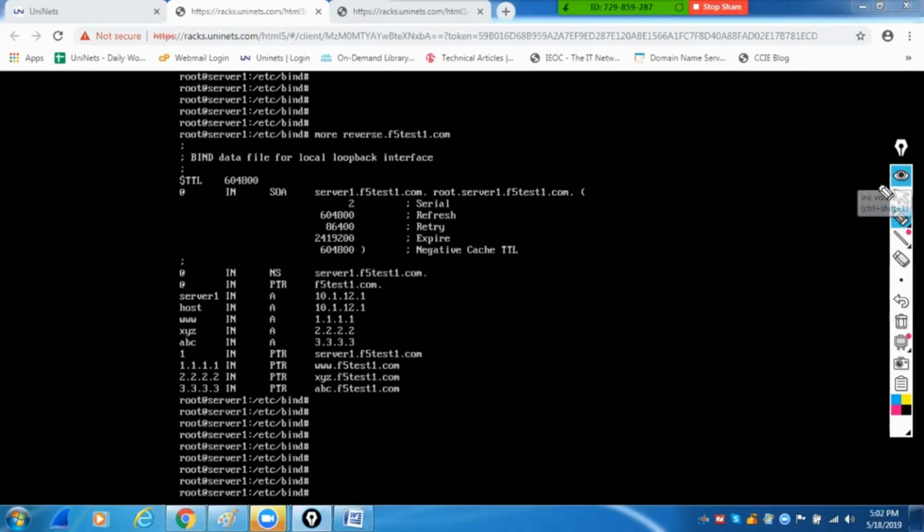So that's the meaning of the pointer records. Within this zone also you will have the SOA record first, then an NS record, and then a pointer record which will map this particular host to the IP. And then you'll mention A records, and then again the pointer records in the opposite direction.